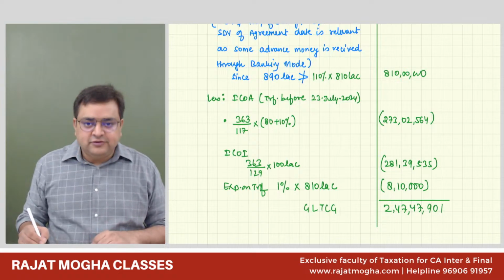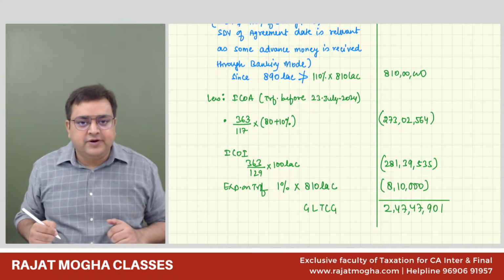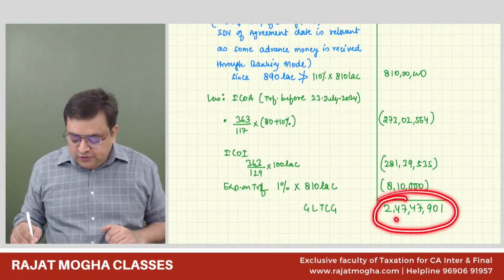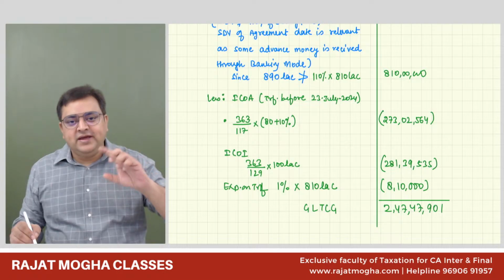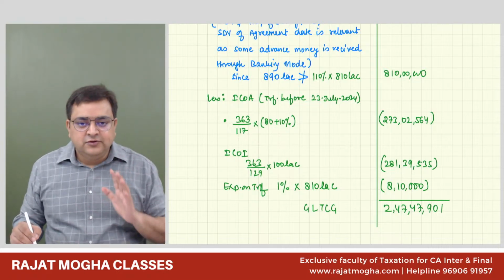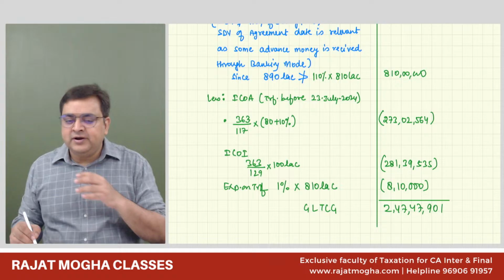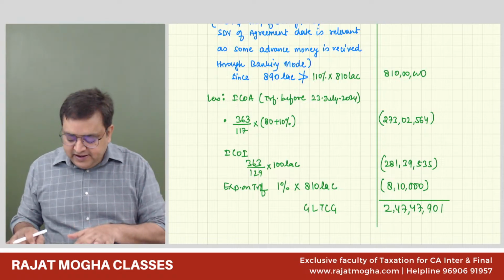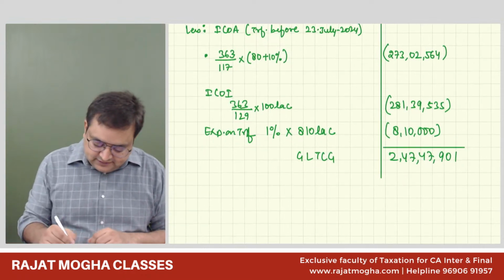Why am I saying it gross? Because we will be taking an exemption out of it. Now, please tell me, my capital gain is coming as more than 2 crore. Since it is more than 2 crore, we can purchase only one house. So to take the benefit, the UK house obviously will not be considered, but out of Delhi and Chandigarh, we'll consider the Delhi house.